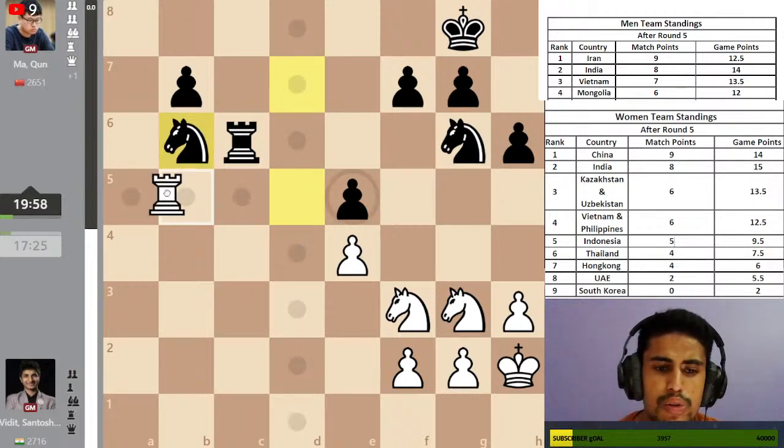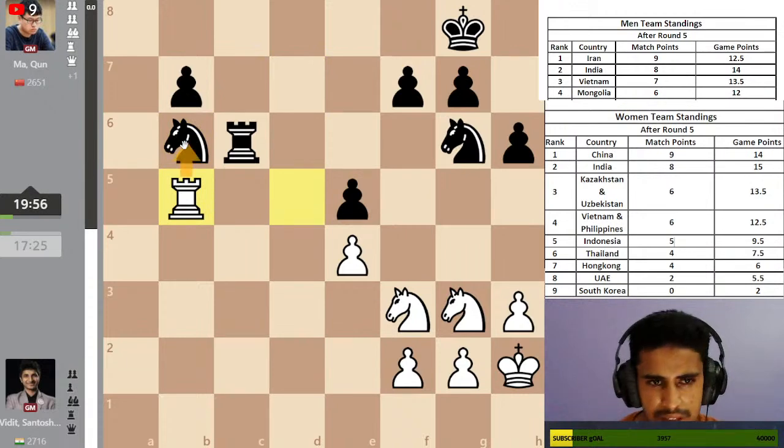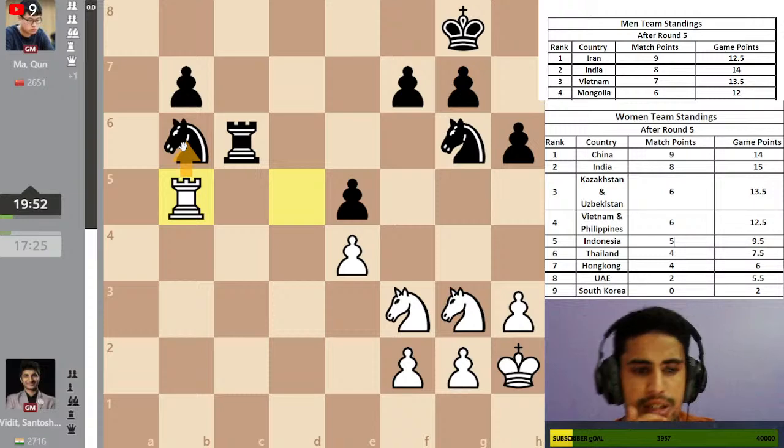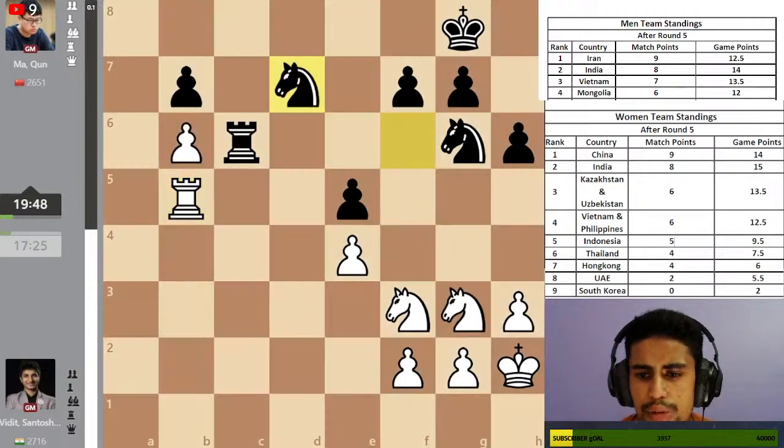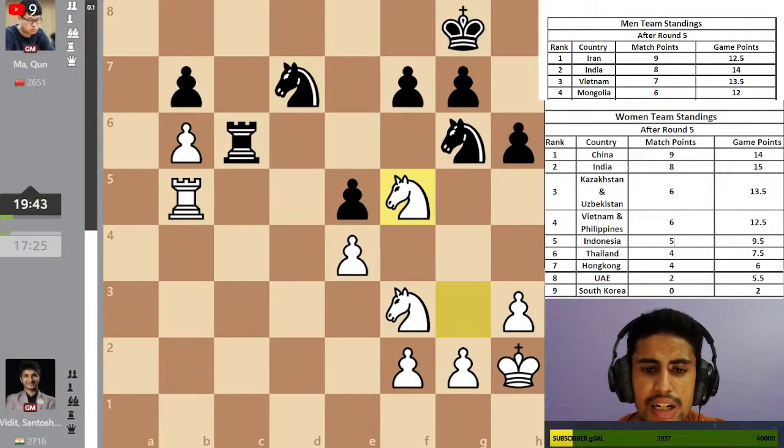But after this rook to b5 again, you can't move away your knight, and black is already doing great because he is a pawn up. But meanwhile, in Vidit's position, what happened is after this position, Vidit played this knight to f5 here,